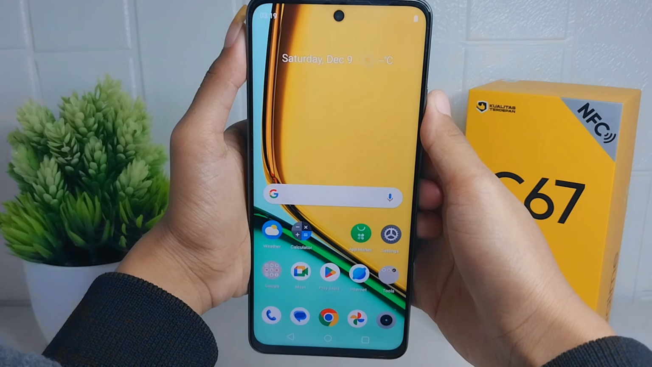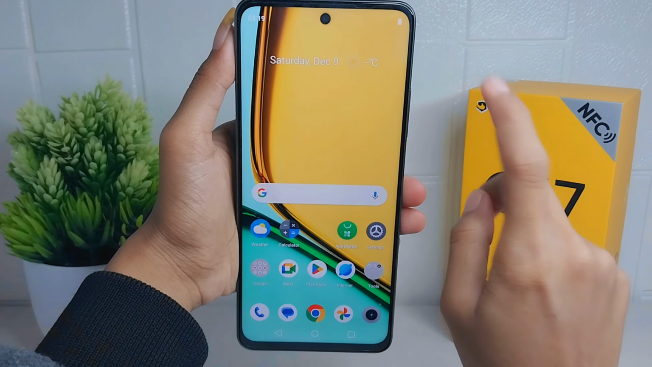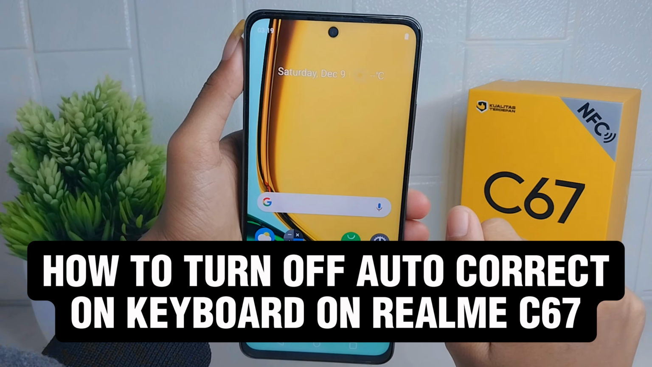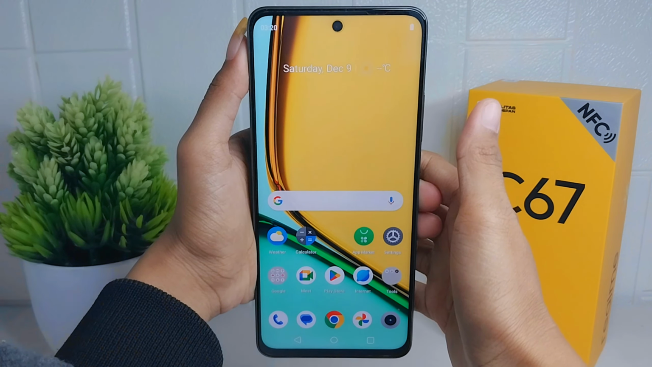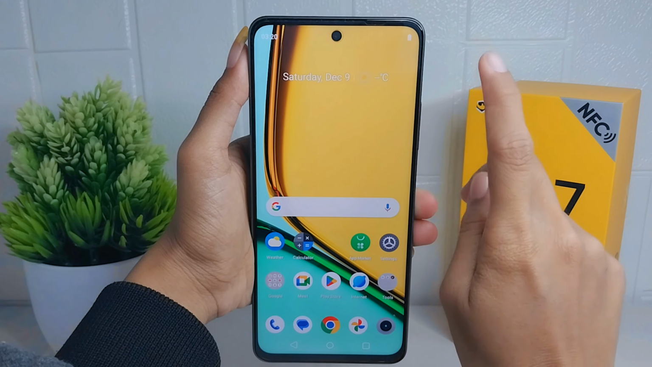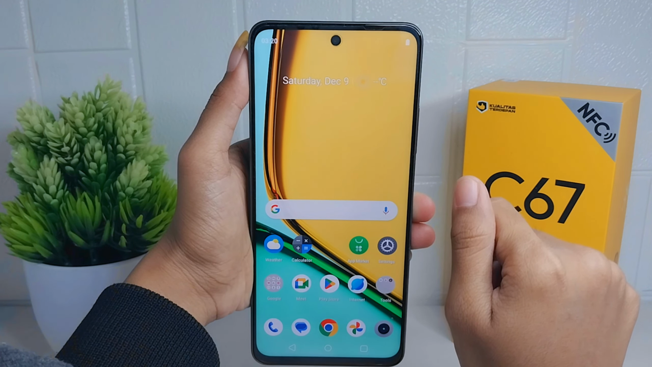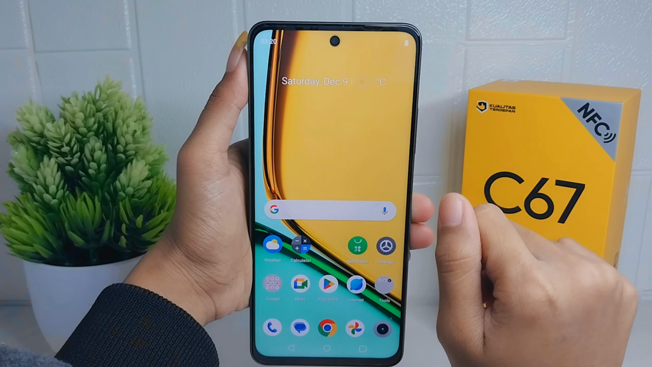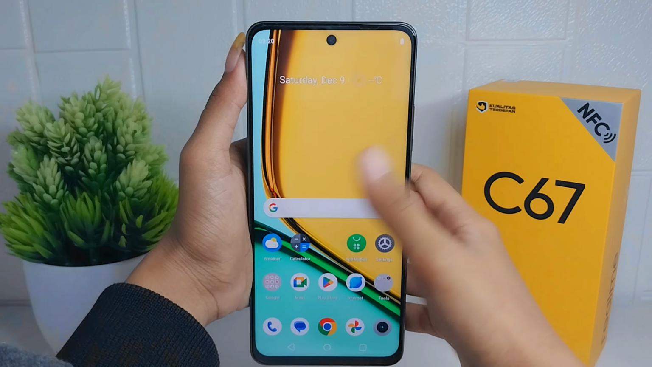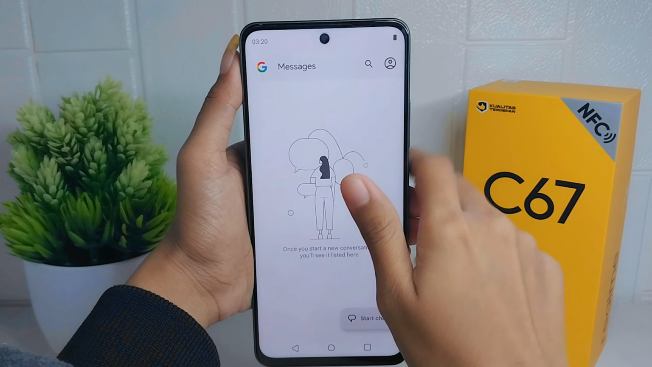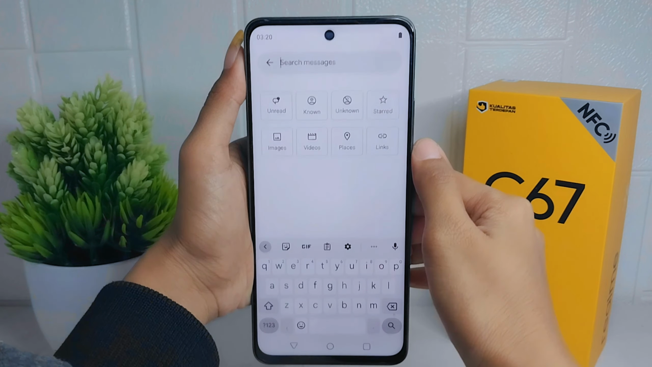Okay, hello everyone. Here I want to provide a tutorial on how to turn off autocorrect on the keyboard on a Realme C67 device. If you feel uncomfortable with autocorrect on your keyboard device, then you can turn it off by doing the steps. First of all, please open the messaging app, and then you can tap the settings icon